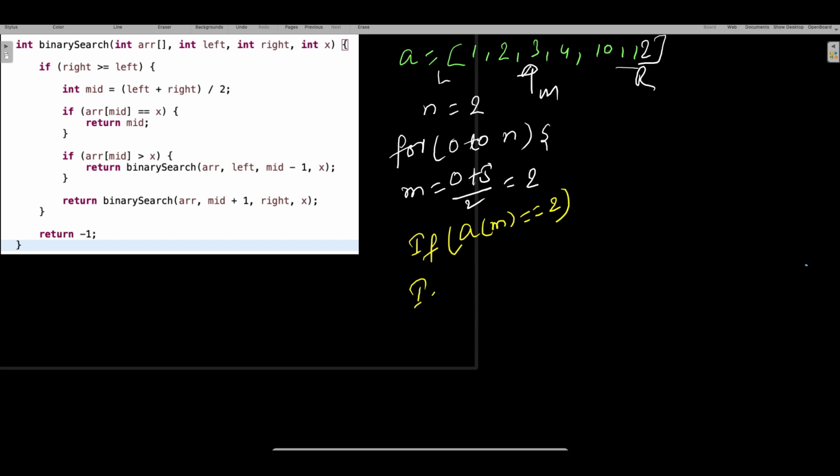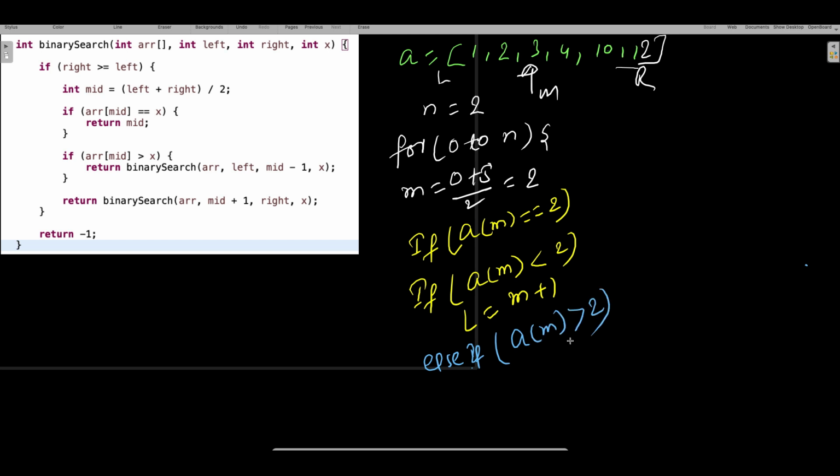Now we have to write one more case. If a of m, the earlier case, is less than the number I am looking for, then L became m plus 1. I have already explained this, right? But this is not the condition here. Here it is going to be else if a of m is bigger than 2, right?